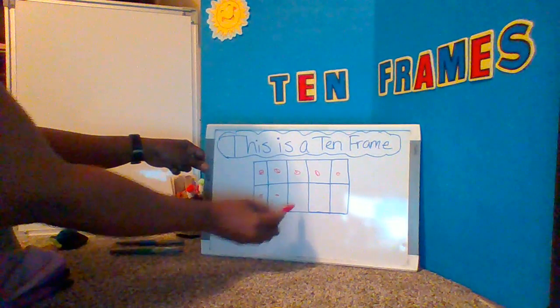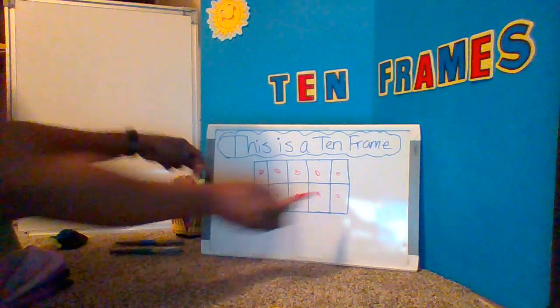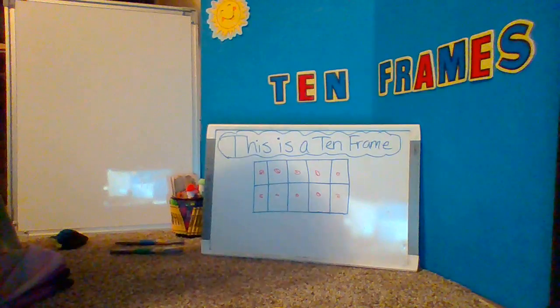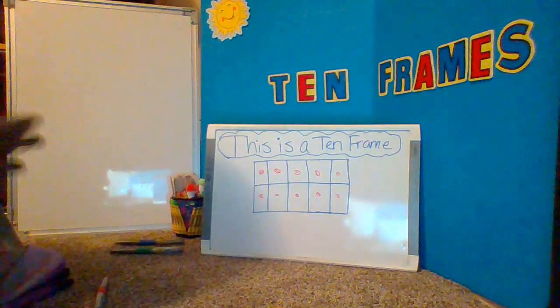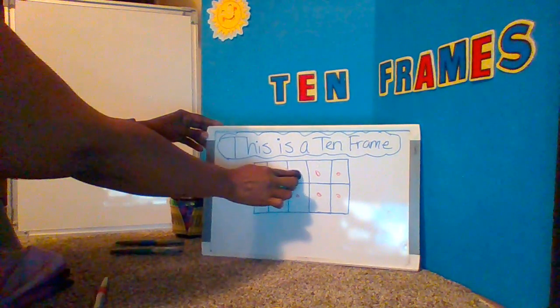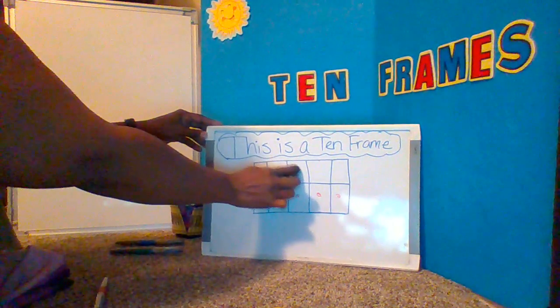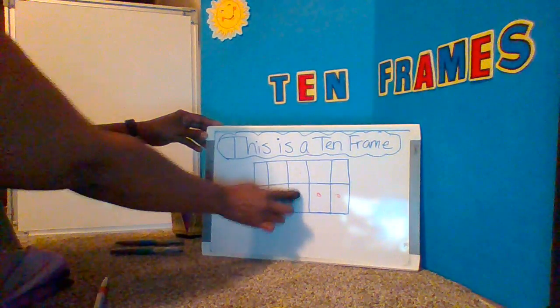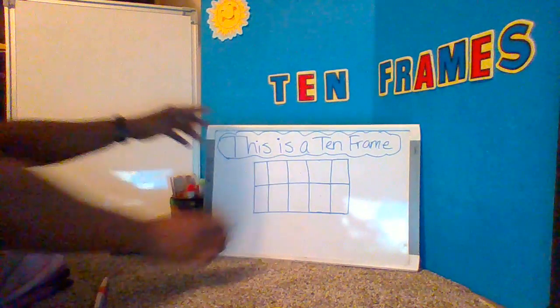So it also eliminates a lot of time in adding or subtracting if you're using the 10 frame for that skill. Now, because it helps to organize students' thoughts and increases those math fluency skills,